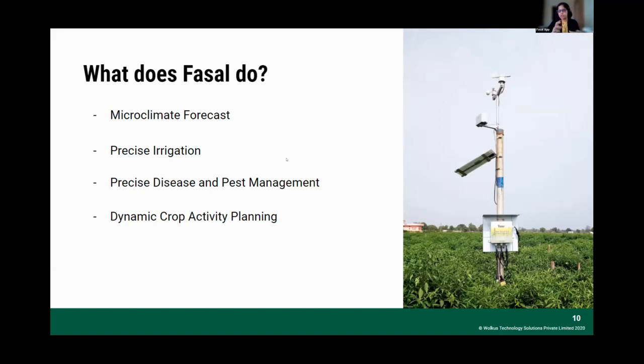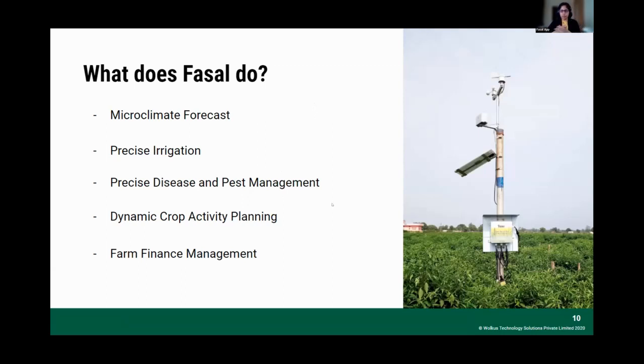And because we have a disease and pest management system also, if they enter when they took the last spray, accordingly it will tell them when the next spray is potentially due, and what the weather could be for the next 14 days, and then accordingly the farmers could plan. And finally, the Fasal app can also be used by the farmers to manage their farm finances. So now moving on,